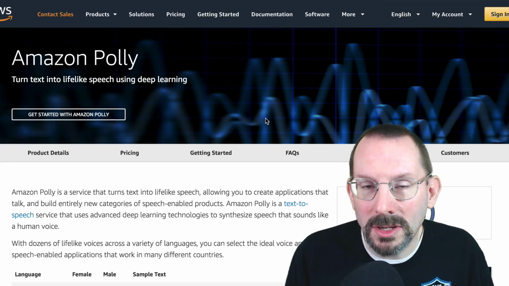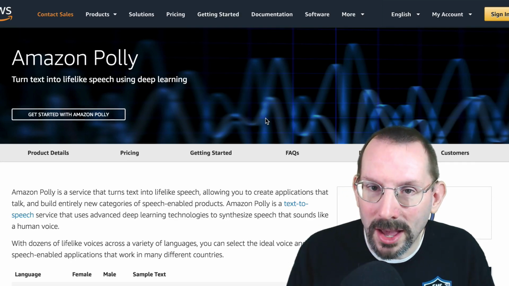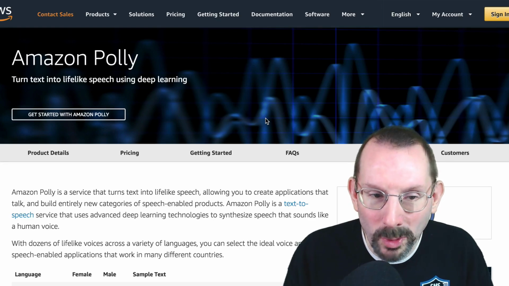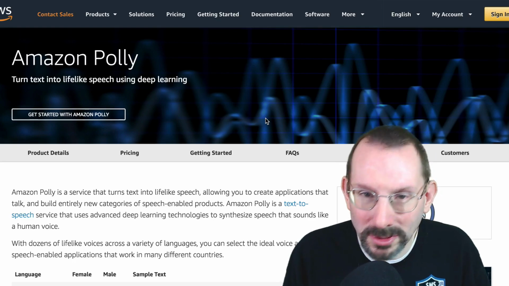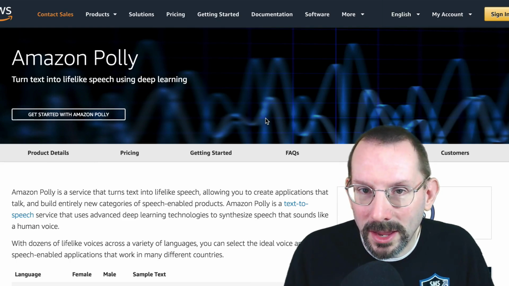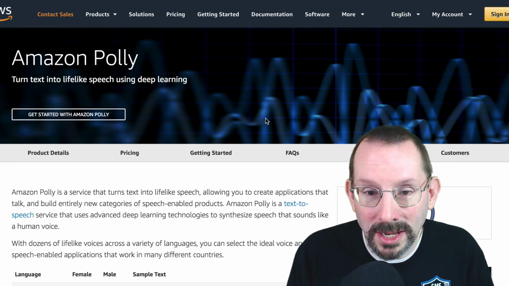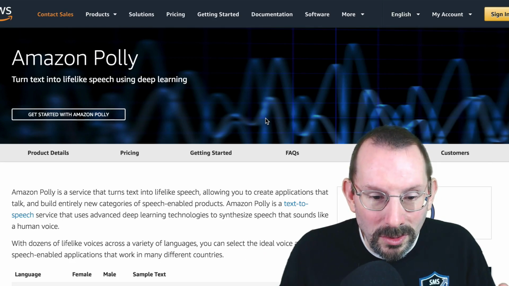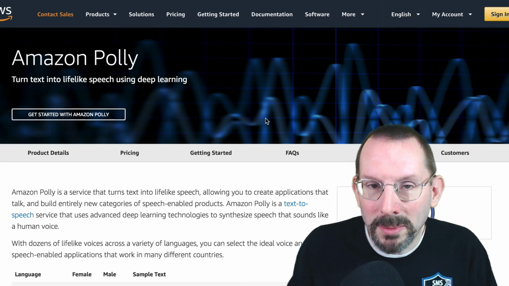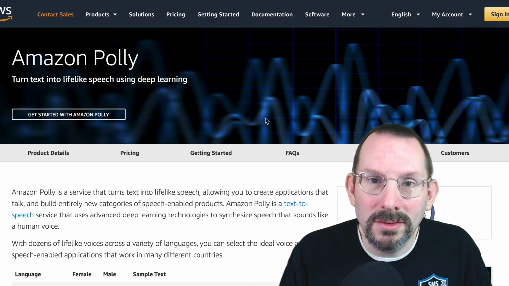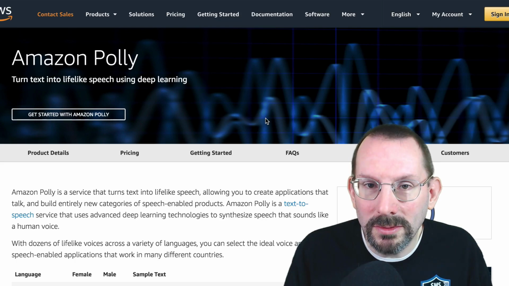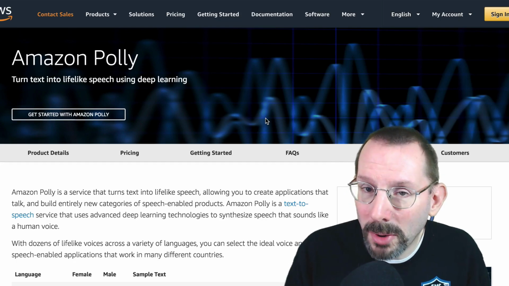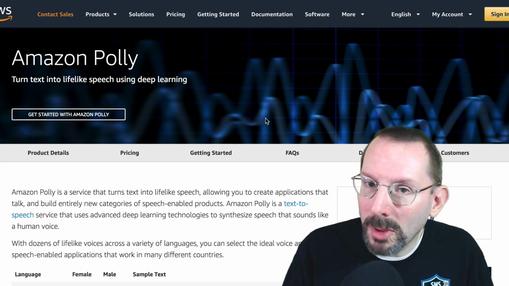One of the things that Amazon has been working on is the AI component, and in this case, text-to-speech. So they've been working on something called Amazon Polly for at least a couple of years now. And they recently came out with an announcement saying that it is now available for all to use. And you can do lots of things with this on the development end, but for blogs, they've teamed up with WP Engine, and they've created a WordPress plugin called Amazon Polly that will convert your blog posts